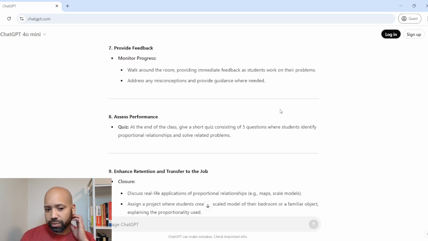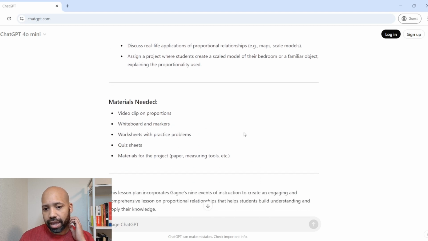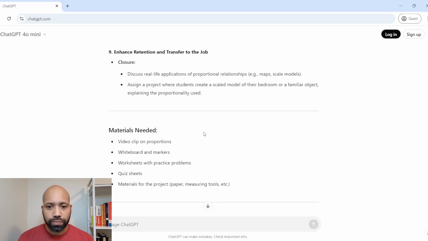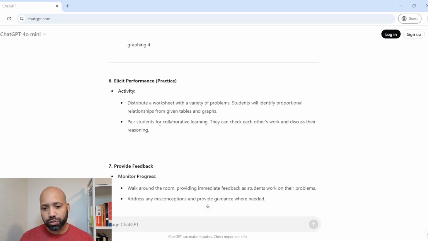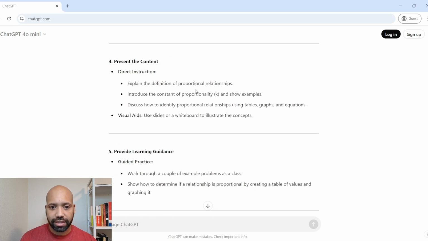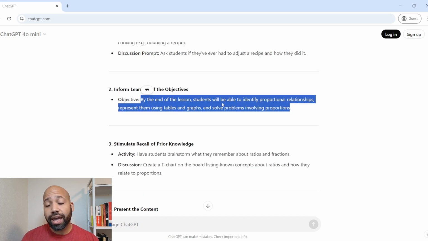It tells you exactly what you need to do. It even has the materials needed for this lesson. So just a great tool. And obviously you may have to supplement this. You need to use your expertise to go in and modify this lesson plan, but this gives you a starting